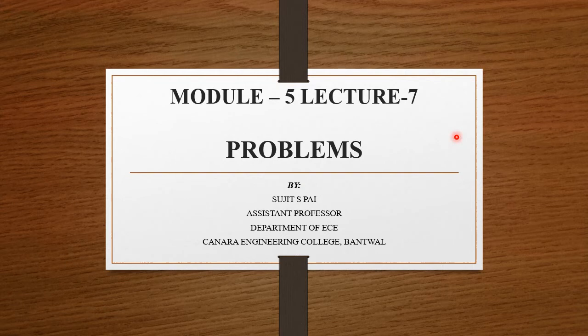Up to module 5, lectures 1 to 6 covered all the theoretical parts, where we discussed direct sequence spread spectrum, frequency hopping spread spectrum, some PN sequence generation, and the different applications of those things. So before getting into this video, lecture 7, please review lectures 1 to 6, the prerequisites, some basic theoretical parts, so that it will help you solve some problems easily. Okay.